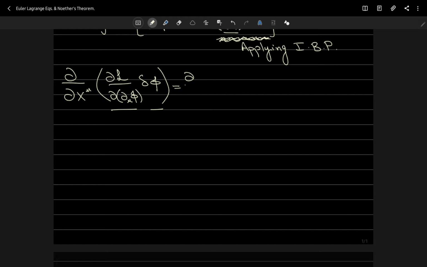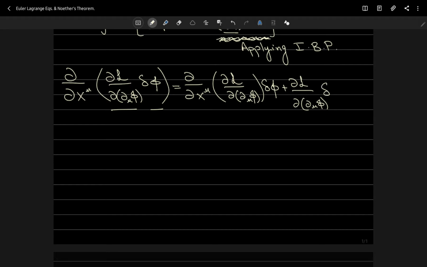Well, for the first term, that's ∂/∂x^μ of ∂L/∂(∂_μ φ) times δφ as it is, and then ∂L/∂(∂_μ φ) as it is times... now note that I said that partial derivatives commute with variations, so I can take this delta like this, and I can say ∂φ/∂x^μ. So that is what this thing is equal to, right? Okay, now if you carefully look at this,